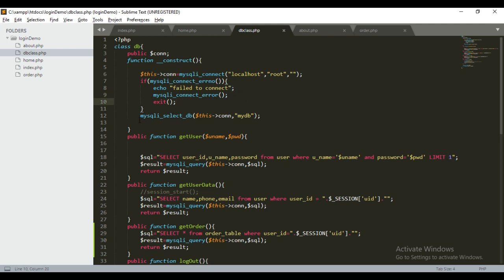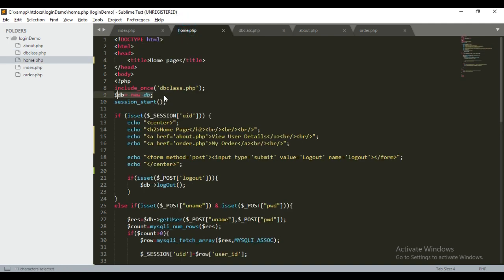If not, then next MySQL select DB will select the database. It has two arguments, the connection and the database name. After that our connection to the database is done. Whenever an object of that class is declared, the connection will automatically be made.